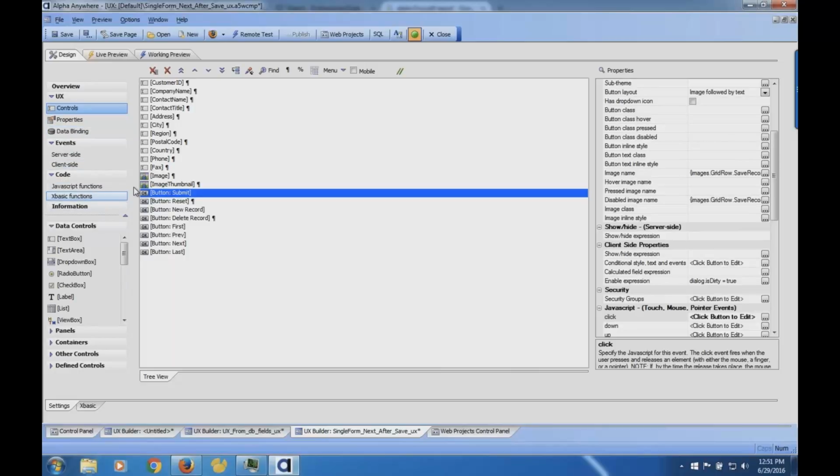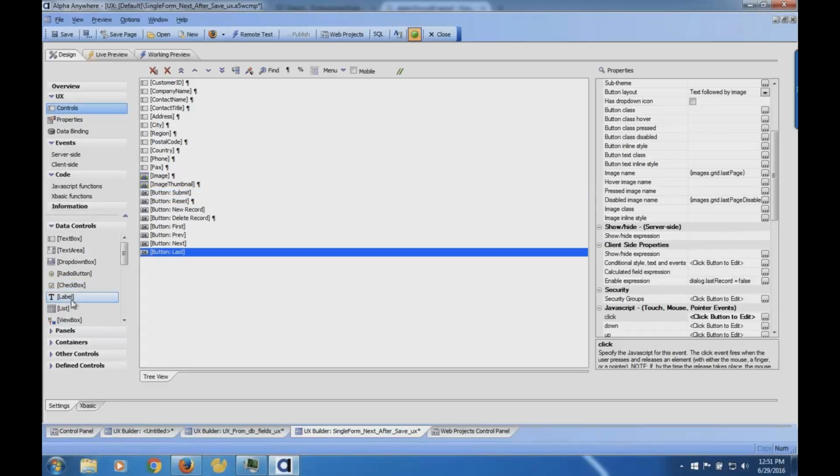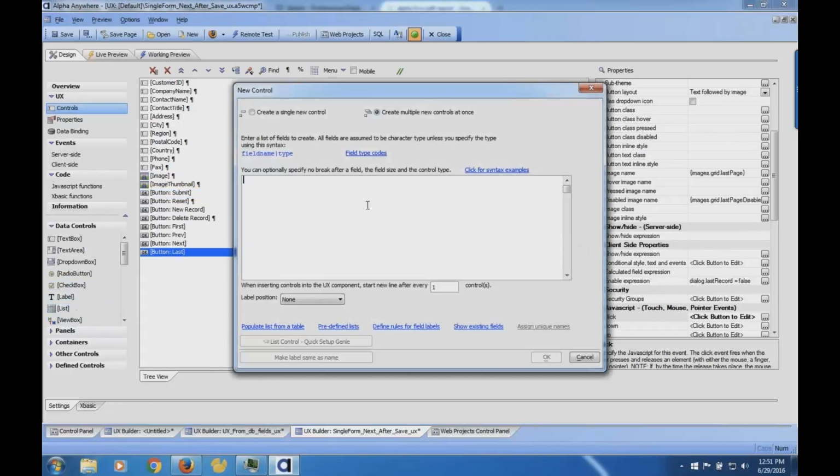If you're going to do things like that, then what you want to do is use a list control, and with a list control you can create it as disconnected, and then there's a series of steps. Let me go ahead and add a list control here. This should only take a few moments.